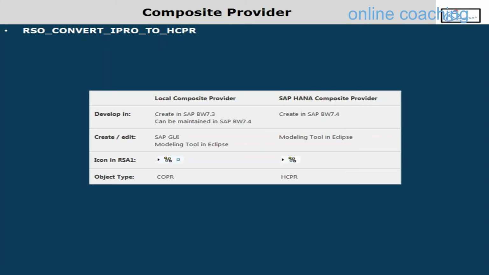So basically, in previous versions of BW prior to 7.3, we had MultiProvider and InfoSet, MultiProvider for union operation and InfoSet for join operation. And basically the performance of InfoSet was really bad because the join was getting executed at the application layer and the BW layer. So to overcome this limitation, SAP initially came out with something called local composite provider in 7.3,